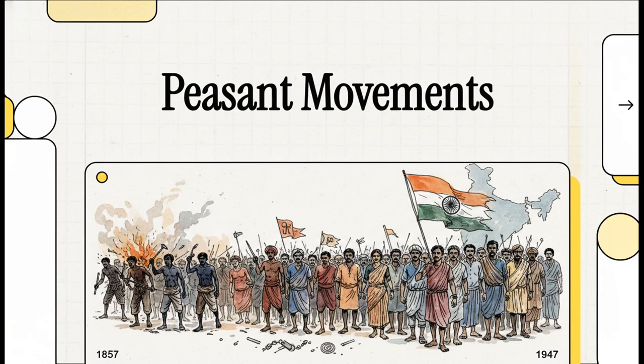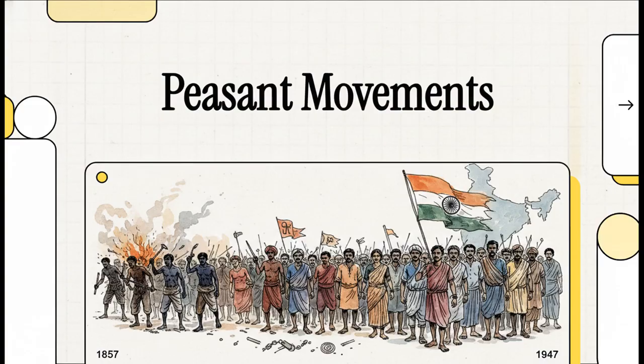Welcome to today's Explainer, where we're going to map out a truly fascinating century-long history. We're looking at the evolution of Indian peasant resistance from 1857 all the way to 1947. You'll see how localized, kind of disconnected riots, born out of sheer absolute desperation, eventually transformed into massive organized anti-colonial forces that literally shaped the future of a nation. It's an incredible story of resilience, and it's all laid out for us in the data.